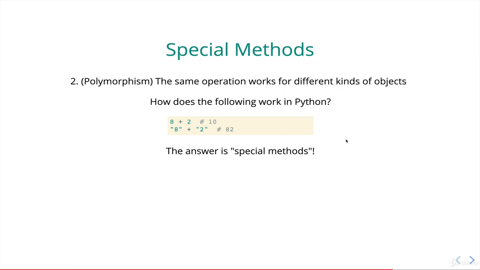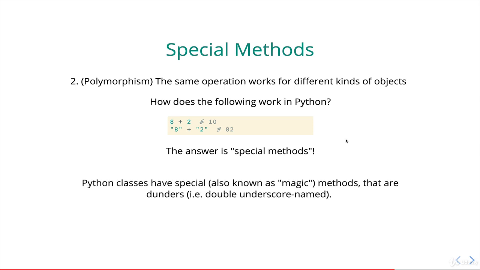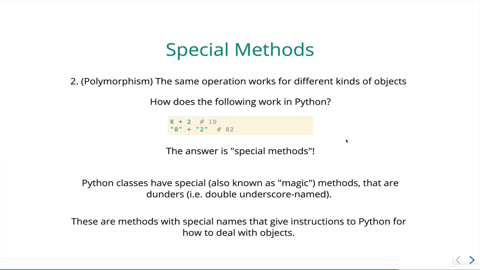And the way it does this, by the way, is with special methods, dunder methods. We've actually seen some of them in practice. And in the next video, I'm going to dive into it, and it's going to be pretty fun, I think. Hopefully I'm not selling it too much, but it should be fun. We'll define our own class and put a bunch of these special magic methods in that give instructions to Python for how to deal with our objects, so that we can define things like the length or the string representation, but also how an object or class should be multiplied or added, and we'll create our own plus sign, but for a human class, for example. So that's in the next video.